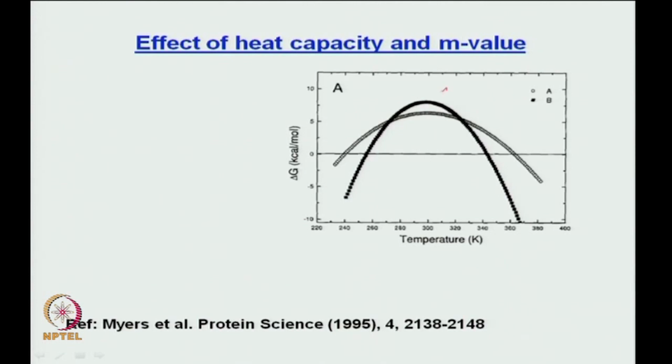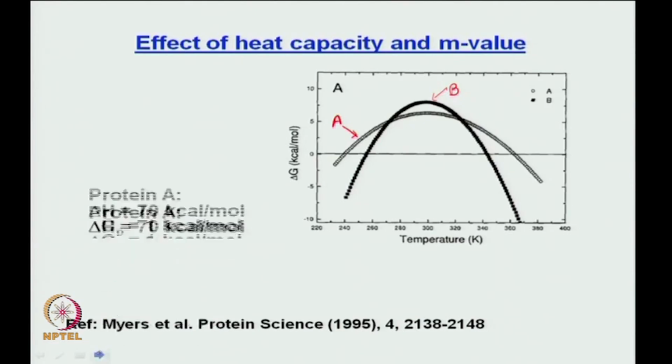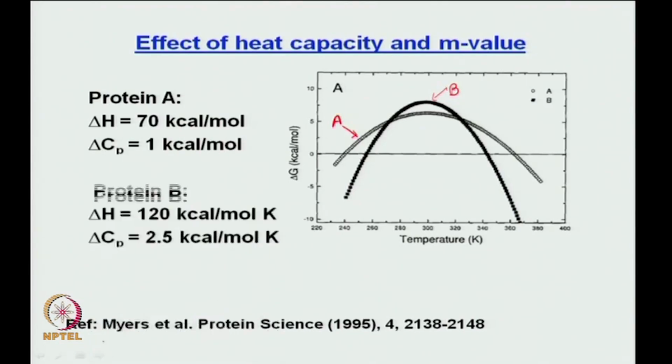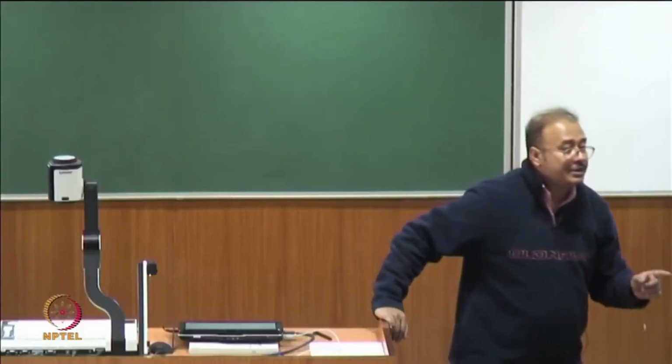Okay. So, I think this one is the corresponding delta G curve for B, and this one is the corresponding delta G curve for protein A. And remember, this was your stability curve which we talked about before, right. So, how did they actually simulate this? They said that for protein A, delta H is about 70 kilocalories per mole and delta Cp is 1 kilocalorie per mole. For protein B, delta H is 120 kilocalories per mole and delta Cp is 2.5 kilocalories per mole, right. Now, the mere fact that delta Cp in both the cases are different,